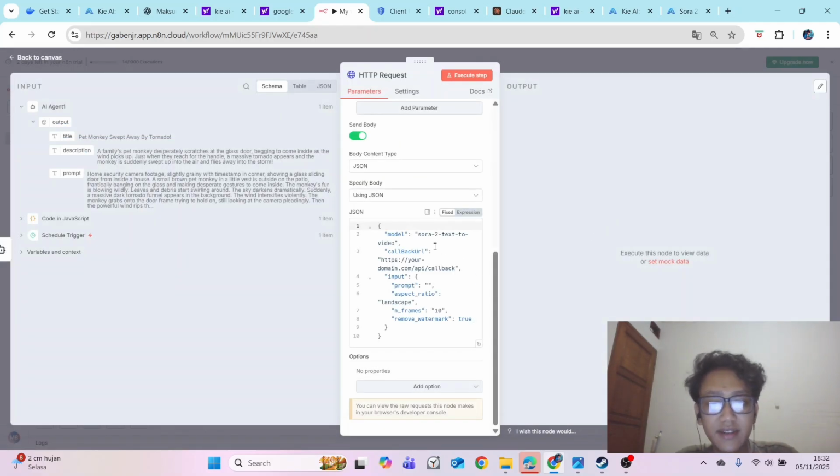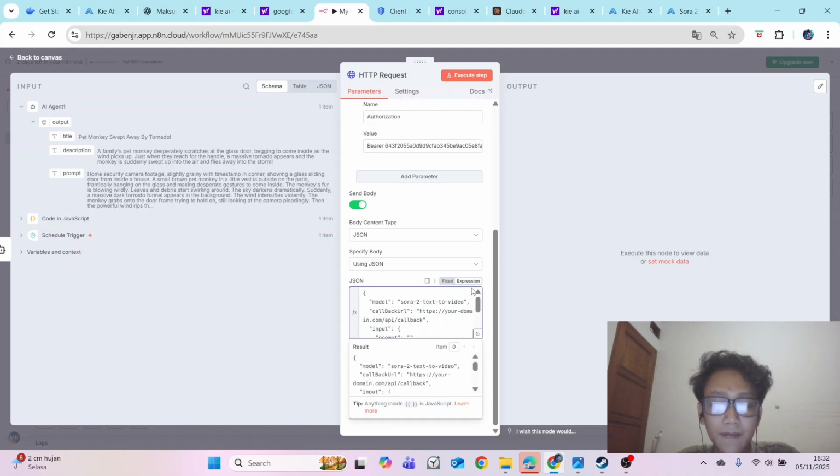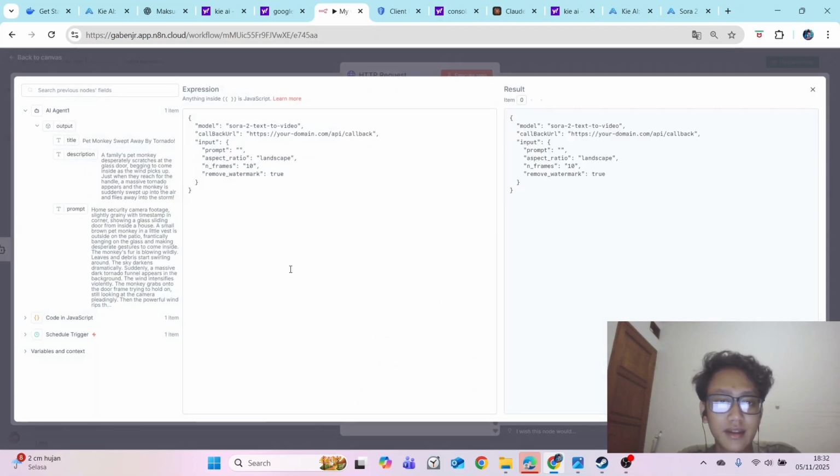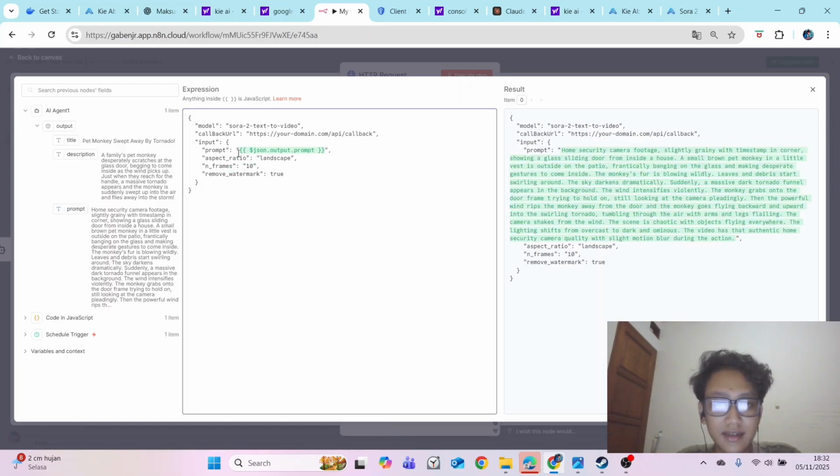To set this JSON, you can click this expression. After this, you go here. Now you can see the output from our AI agent before. So we drag this prompt from your AI agent into the prompt. Okay, so this is the result.